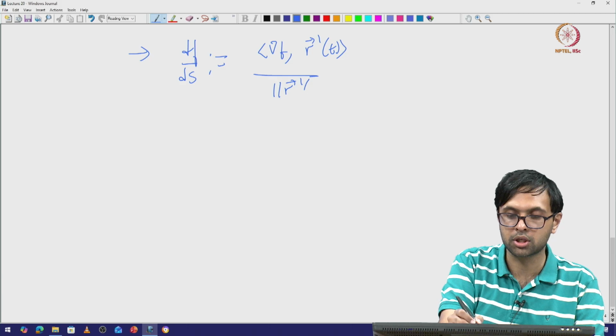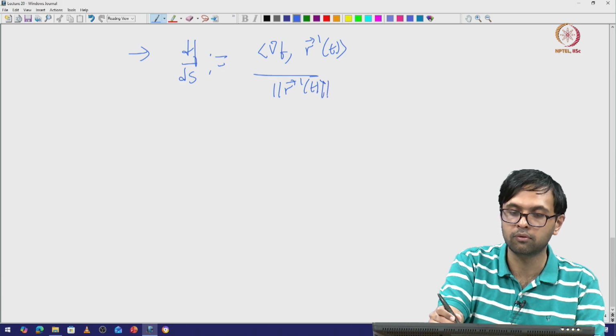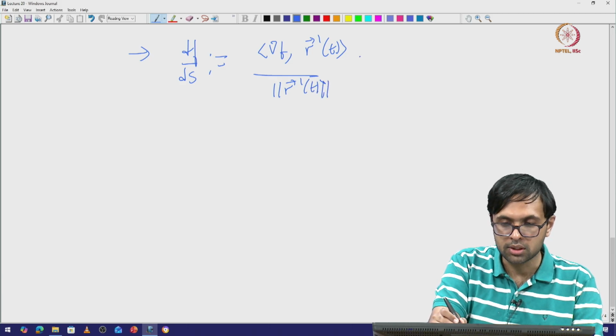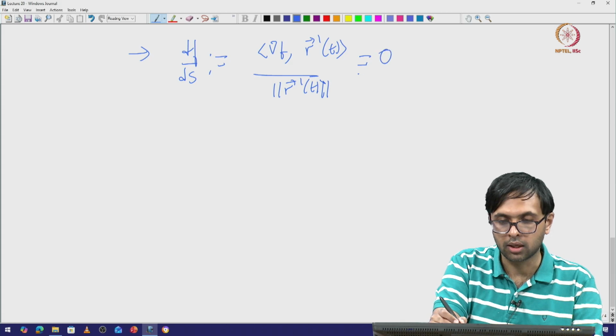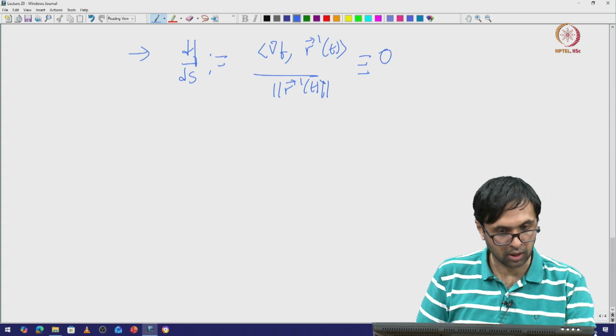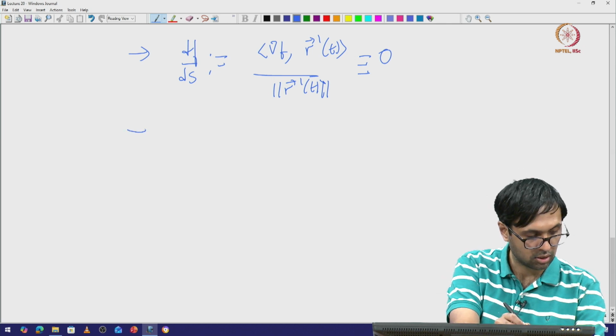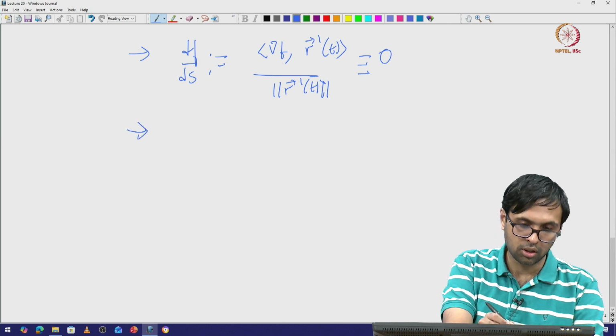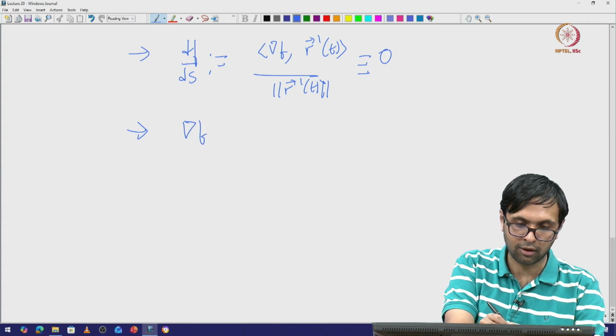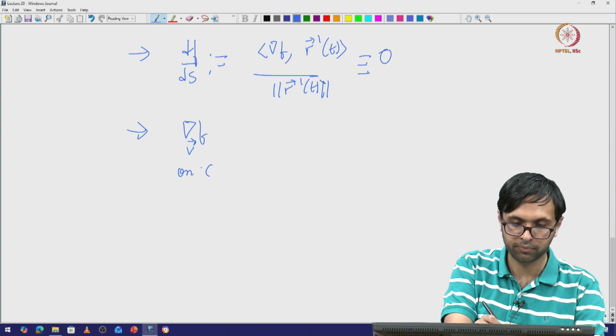The so-called directional derivative along the curve. What is this equal to? This is identically 0, right? So f does not change along the curve. This is easy. Now, if you compute the directional derivative of f along any vector on C, this is equal to this,